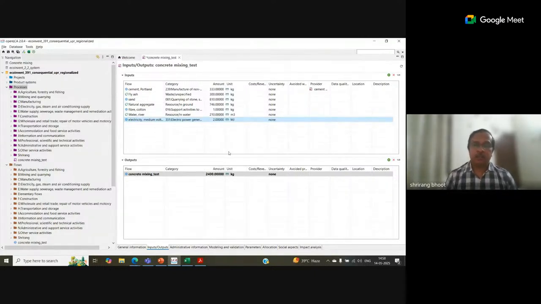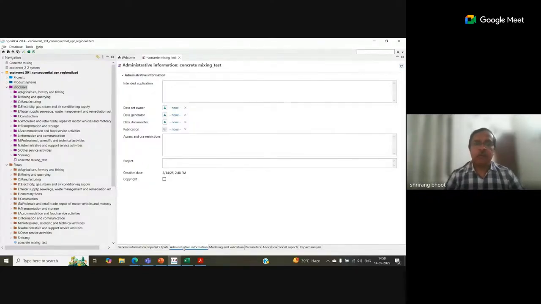Electricity, medium voltage, and we need 2 MJ of electricity. Here are a couple of basic things which I have incorporated for showing you the demonstration. You have given all the inputs, and you have also given the output. Then you can add some administrative information like what is the intended application, who is the data set owner, who is the data generator. You can mention use restrictions you don't want to disclose. If you want to claim a copyright on your own database, you can create a copyright here.